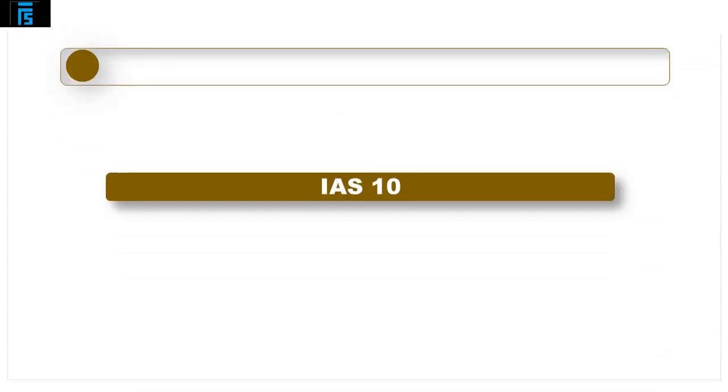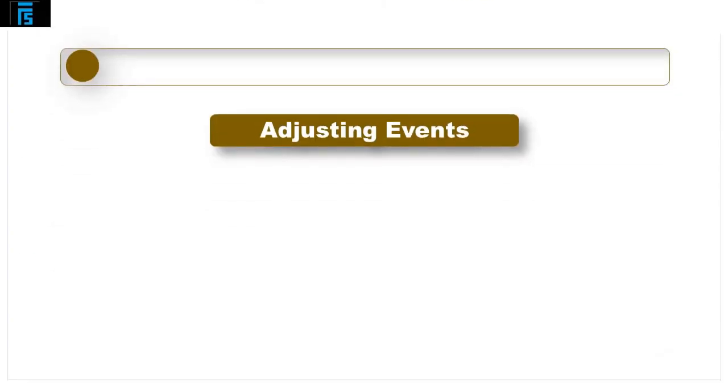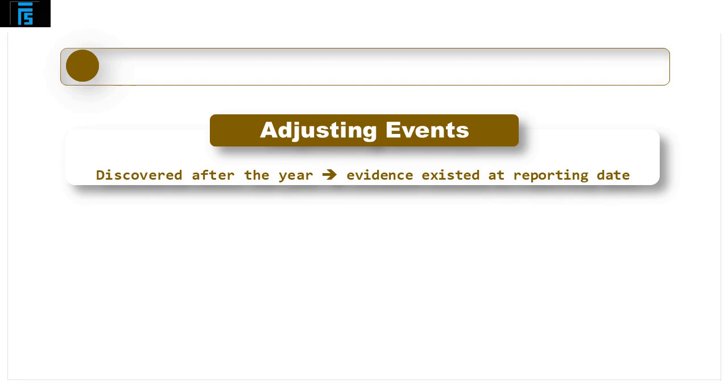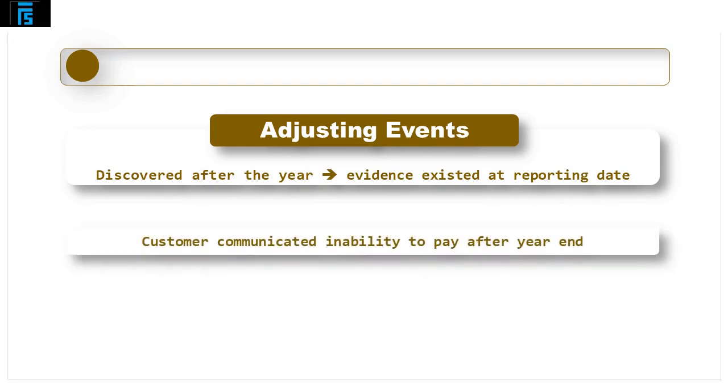IAS 10 states that there are two types of events that occur after the reporting period. They are either adjusting or non-adjusting. The definition of adjusting events are events that may have been discovered after the year end, but where there is evidence that the conditions actually existed at the reporting date. An example would be a receivable customer that has communicated their inability to pay after the year end. It is unlikely that their inability to pay happened overnight. They were unable to pay at the period end, but did not communicate this until after the year end. Therefore, the advice from the standard is to write off the debt as it should be an adjustment in the